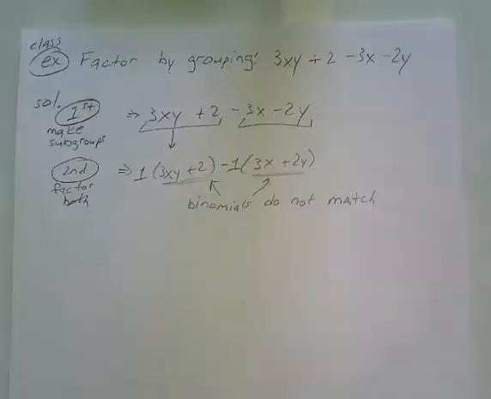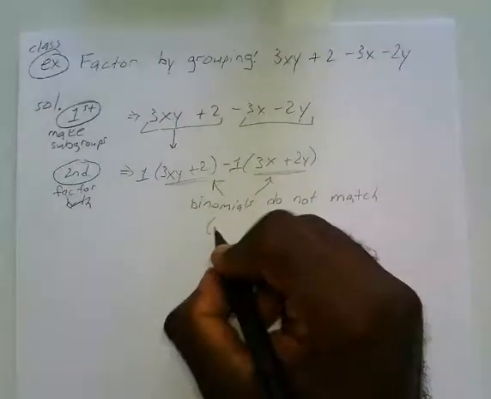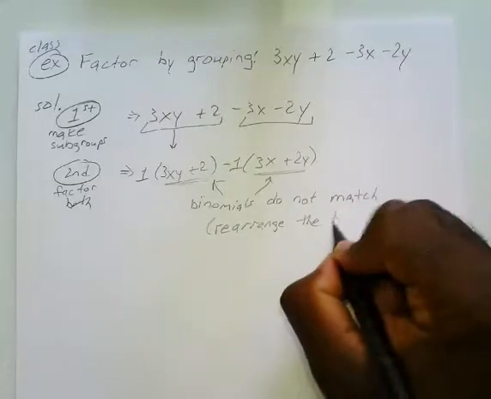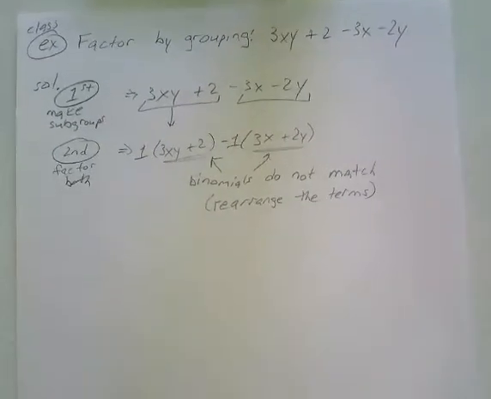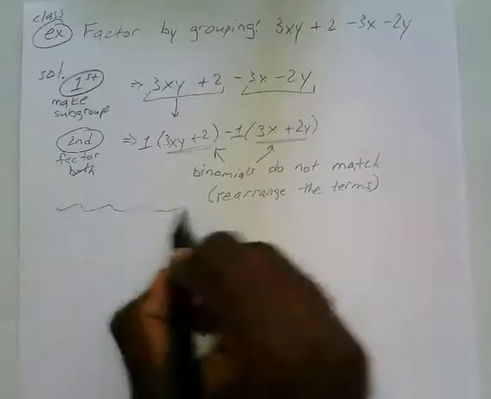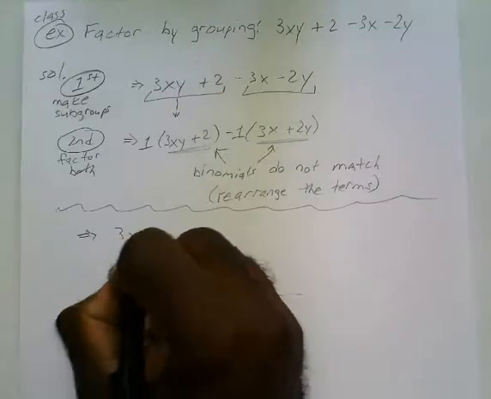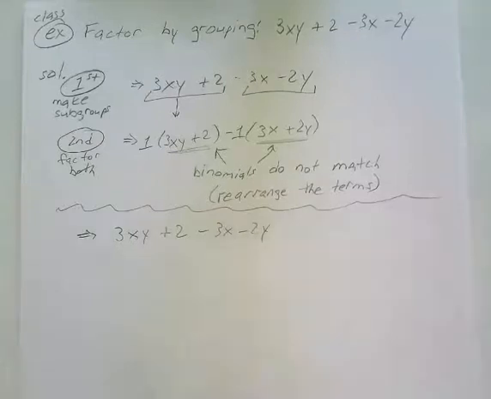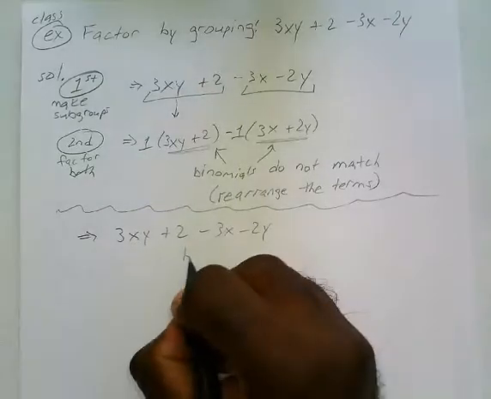Okay, so when your binomials don't match, that means we have to rearrange the terms. Okay, that was one of the steps. That's one of the problems you might run into. Okay, so that means we move that up a little bit. We rearrange the terms. That means 3xy plus 2 minus 3x minus 2y becomes,